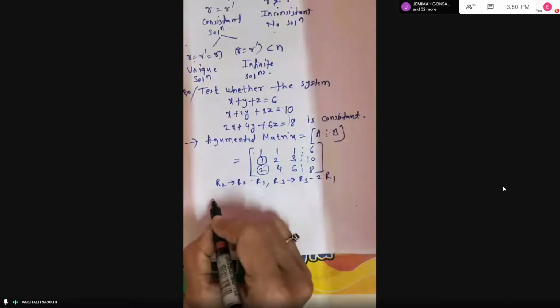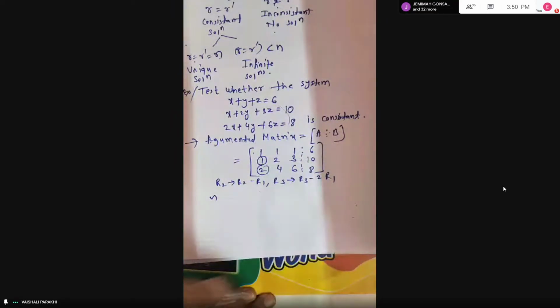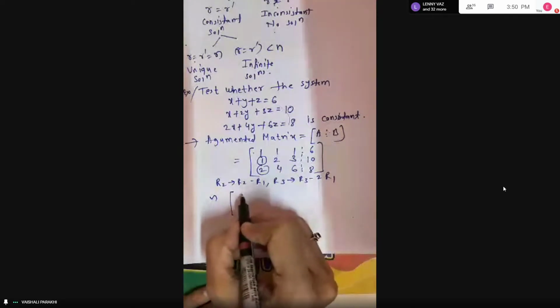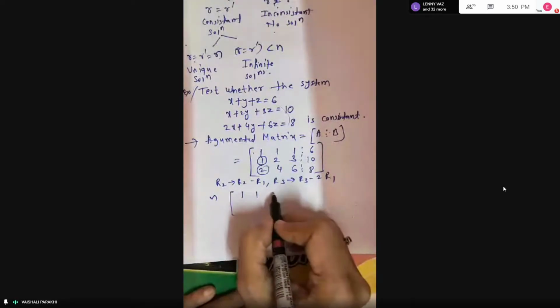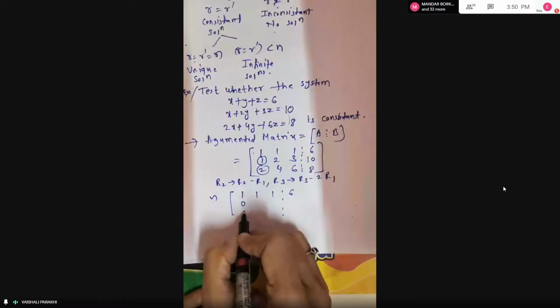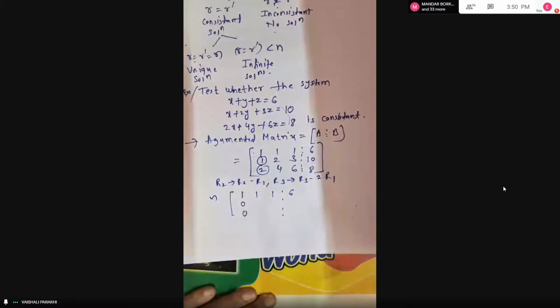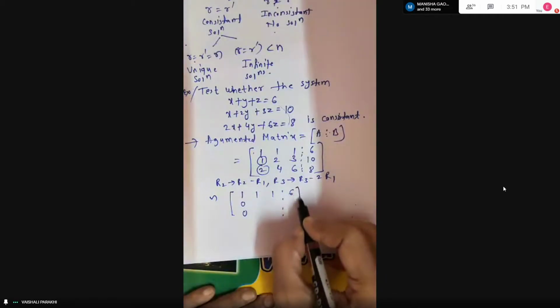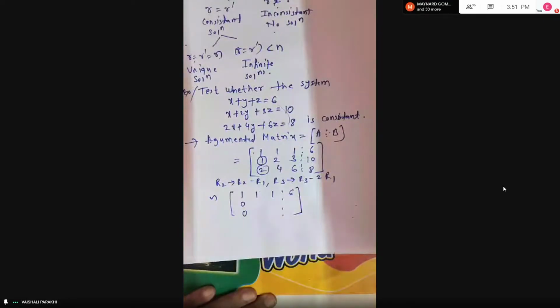Now the sign is like this. Don't put equal to sign. Now first row we are not touching at all. 1, 1, 1, 6. Okay. So these elements have become zeros now. 1 minus 1, 2 minus 2. With these transformations, you have to complete the matrix. Correct? So complete the matrix fast.